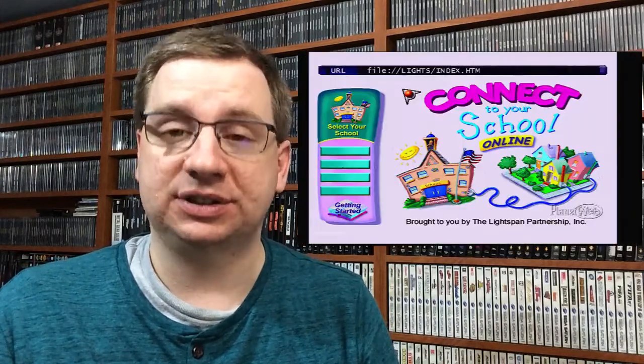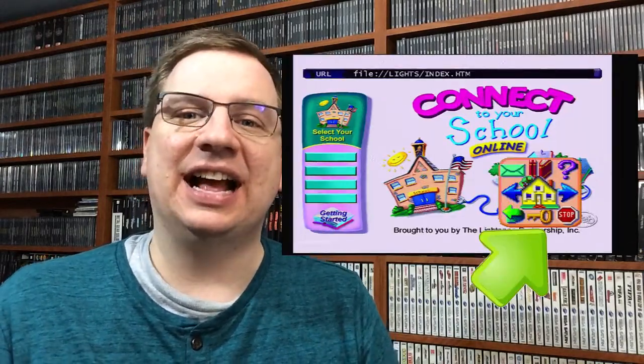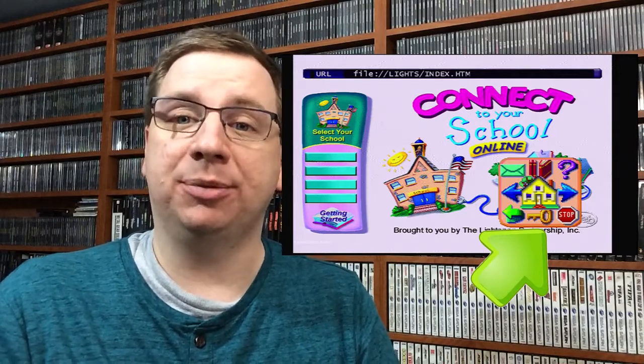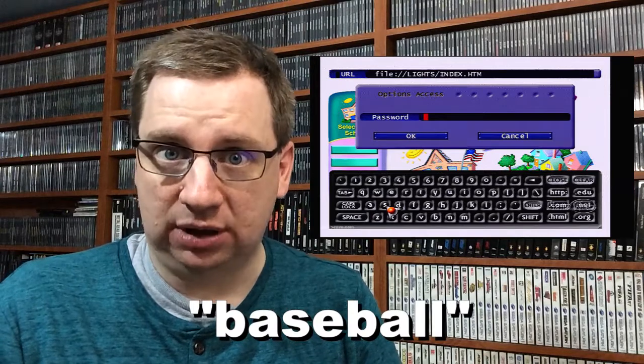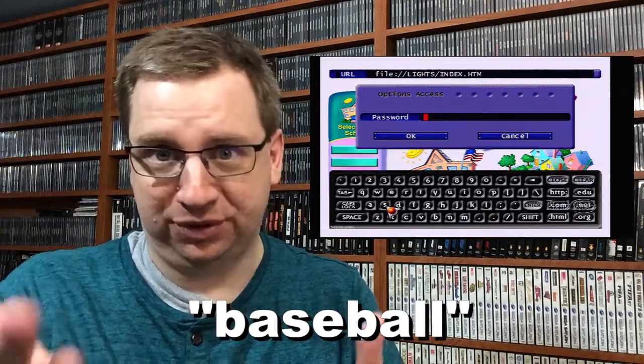Okay, no matter what your path, you're going to need to unlock the disc. With your virtual or actual memory card connected to the PlayStation, exit out of the warning screen and press Start. Choose the key icon by pressing down and then hit X to bring up the password screen in Virtual Keyboard. Type in baseball, all lowercase and no quotes if you're reading it, and press Enter to open the disk's options